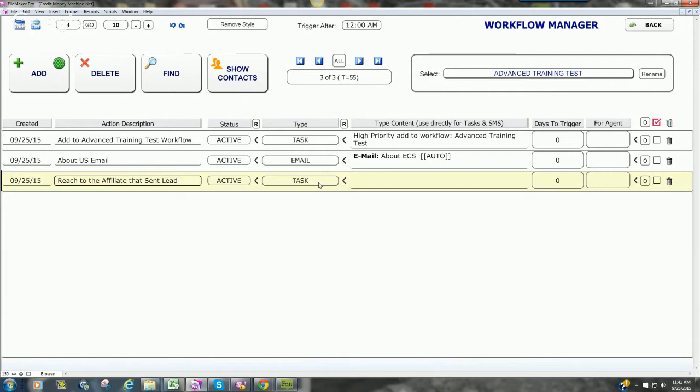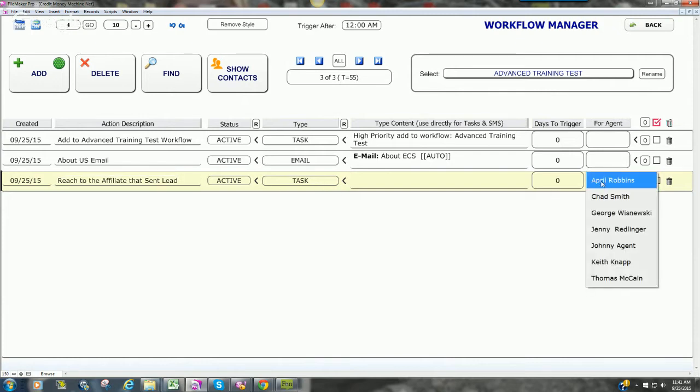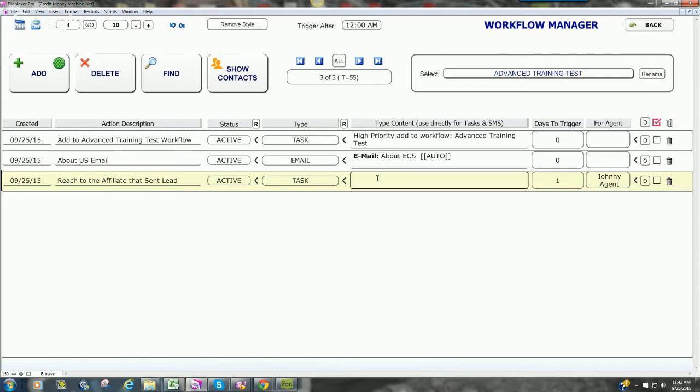Okay, and it's a task, but I'm going to have a specific agent. Maybe I have a retention manager in my company, and his name's Johnny Agent. I want him to do this. I want him to do this one day after I've started this workflow, and I'm going to give him specific instructions here. Call affiliate to inform them that